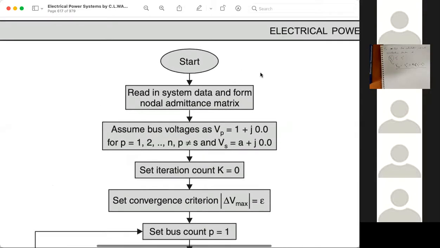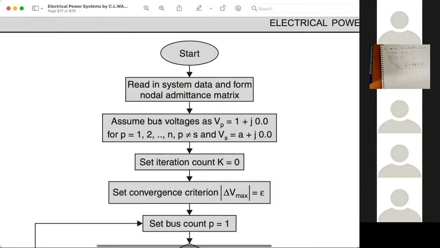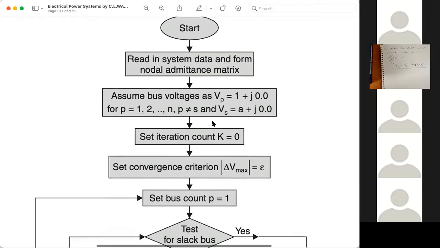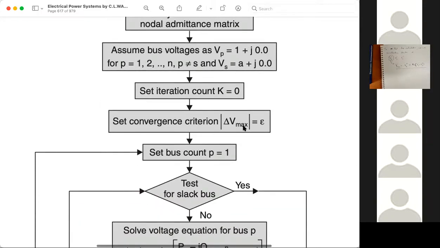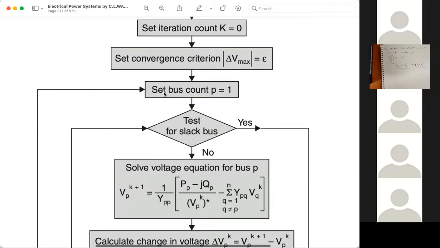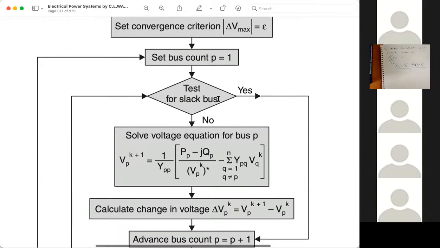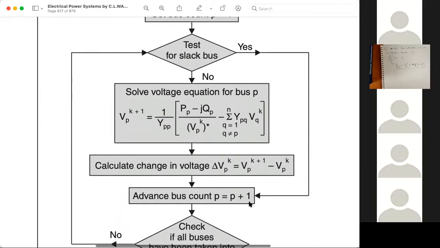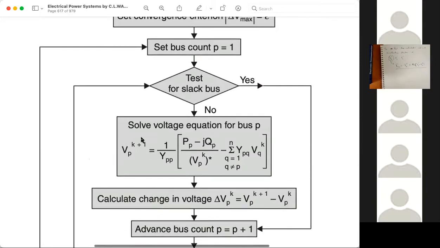Because we have discussed only the case where all the buses except the slack bus are considered as PQ buses, it will be: read system data, assume bus voltages, set iteration count k equal to 0, set convergence criteria delta max, then set bus count equal to 1, test for slack bus. If slack bus, we will reach the last step, advance the bus count by 1, else we will calculate the voltage.